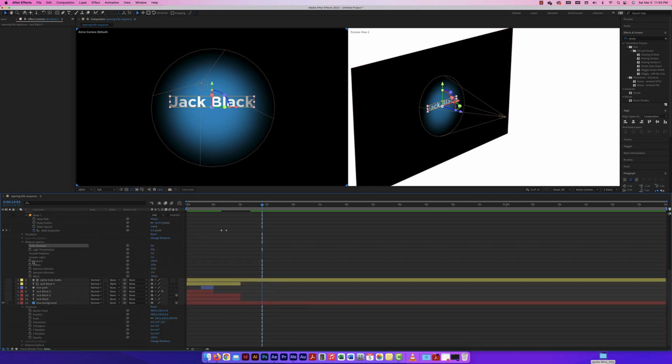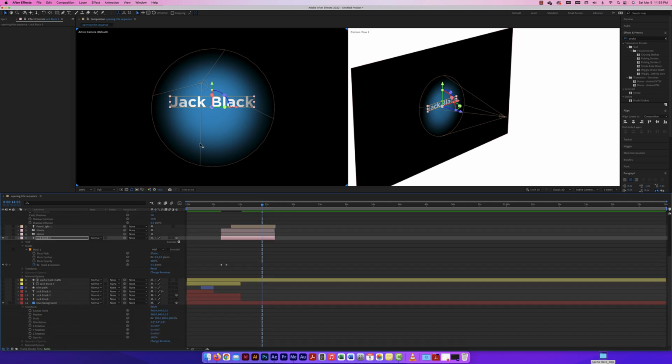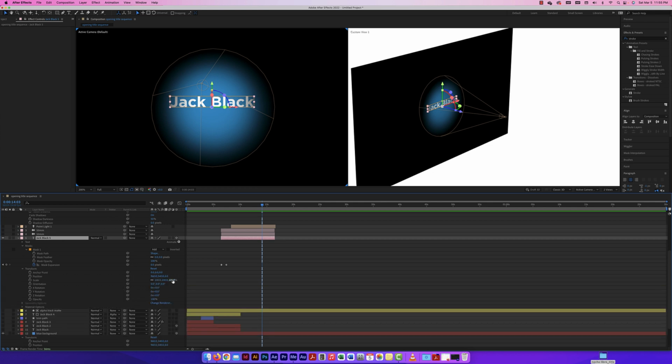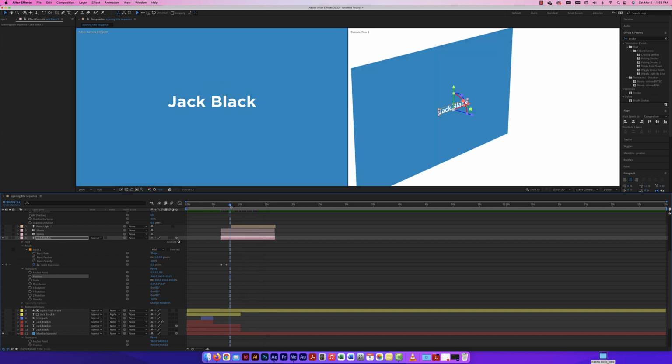Great. So now all I need to do is the word Jack Black needs to be a little bit further away from the background so you can see the shadow. So let's take the word Jack Black and move it. Let's give it a transform, and let's give it a Z and move it away, and now my cast shadow shows up. And now when I do my light, what should happen is it should interact with it too,